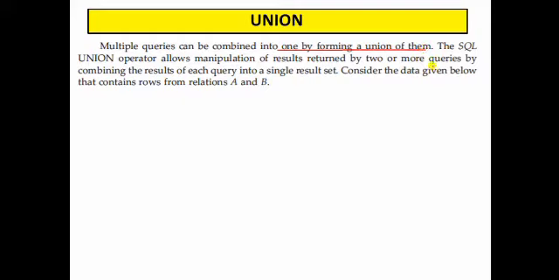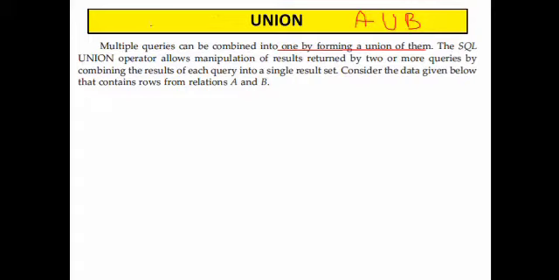As you have done in mathematics also, or in junior classes also, in which you write this symbol A union B, where A and B are two sets. It can be of numbers, decimal numbers, or integer numbers. What happens in A union B? All the elements of A and all the elements of B are combined together in A union B.